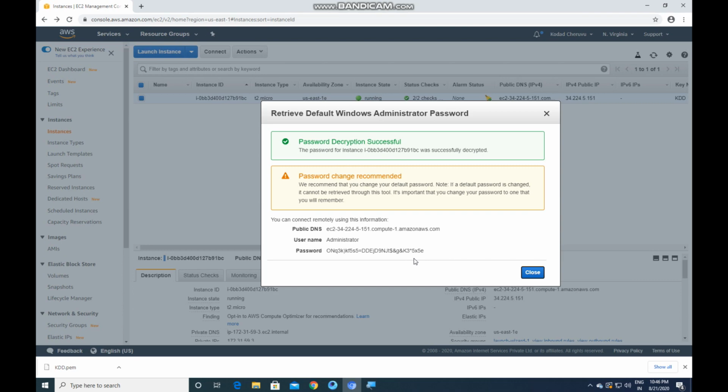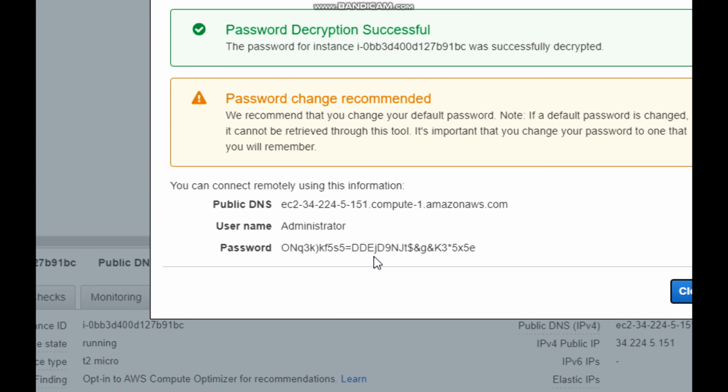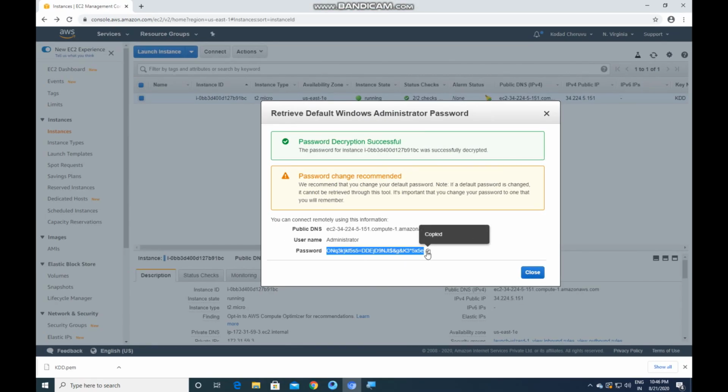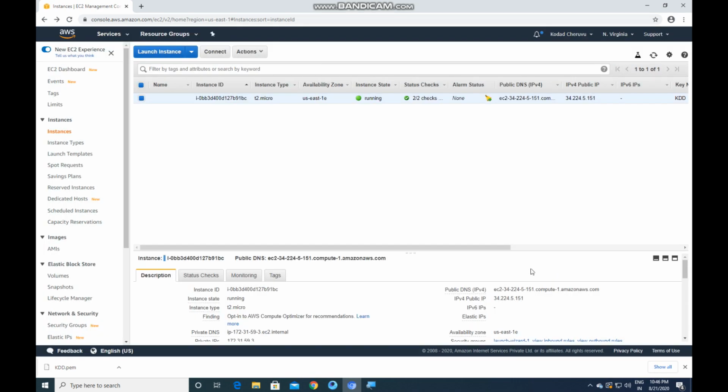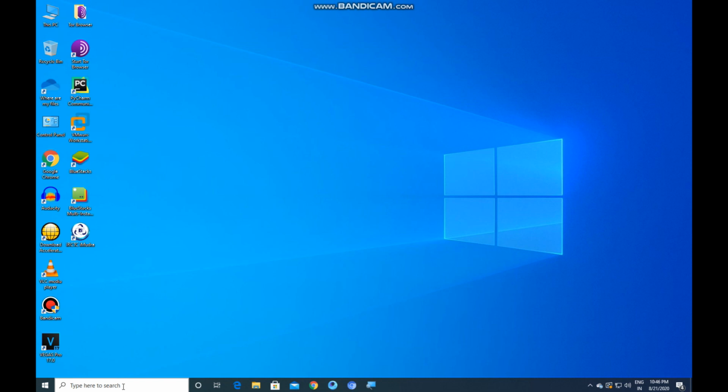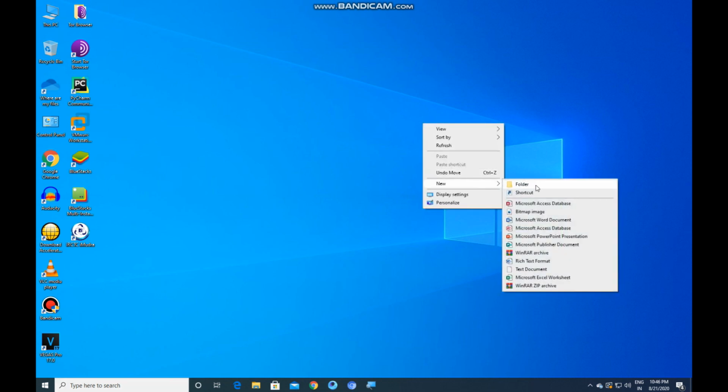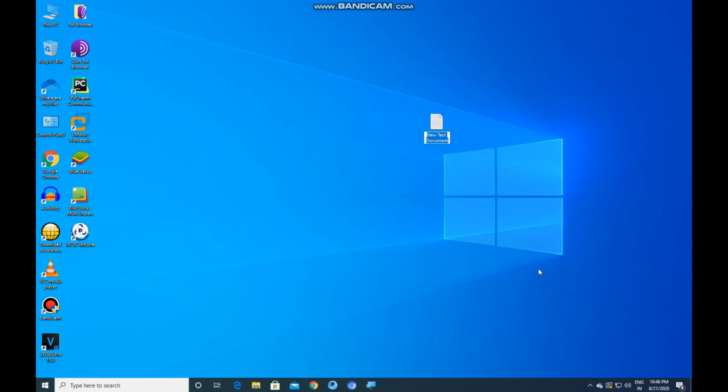Now click on decrypt password. Guys, please copy the password and save it wherever you want. Please don't lose the password. Go and copy it into Notepad so that it will remain safe.